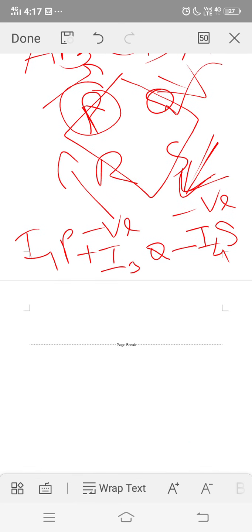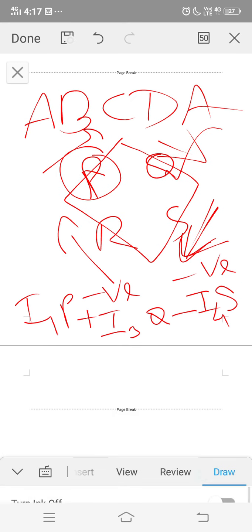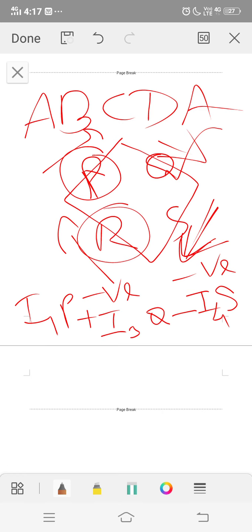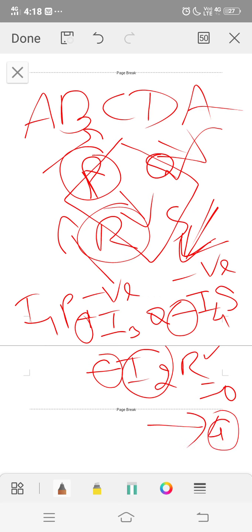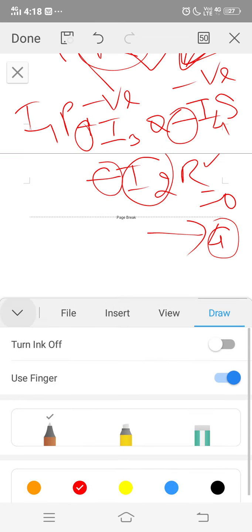And the remaining one, the current flowing through resistor R, is also opposite to the potential difference. So here we represent minus I2R, the product of current and resistor. The resistor is R, and the current through it is I2, as we know. According to the voltage rule, the algebraic sum of the voltage drops across the components is equal to 0. So this is equation 4. Now we have derived four equations, and we reduce these equations.